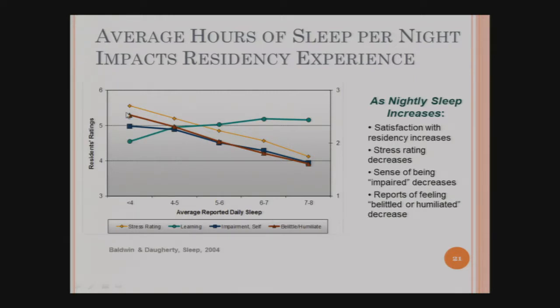For instance, on the yellow line, if you look at the less than 4 hours of sleep category, residents were more likely to report higher levels of stress. If you follow this yellow line down to the 8 hours of sleep, the stress reporting goes down. If you look at the quality of learning, it's reported as less in the less than 4 hours of sleep category, and then that increases as you increase the amount